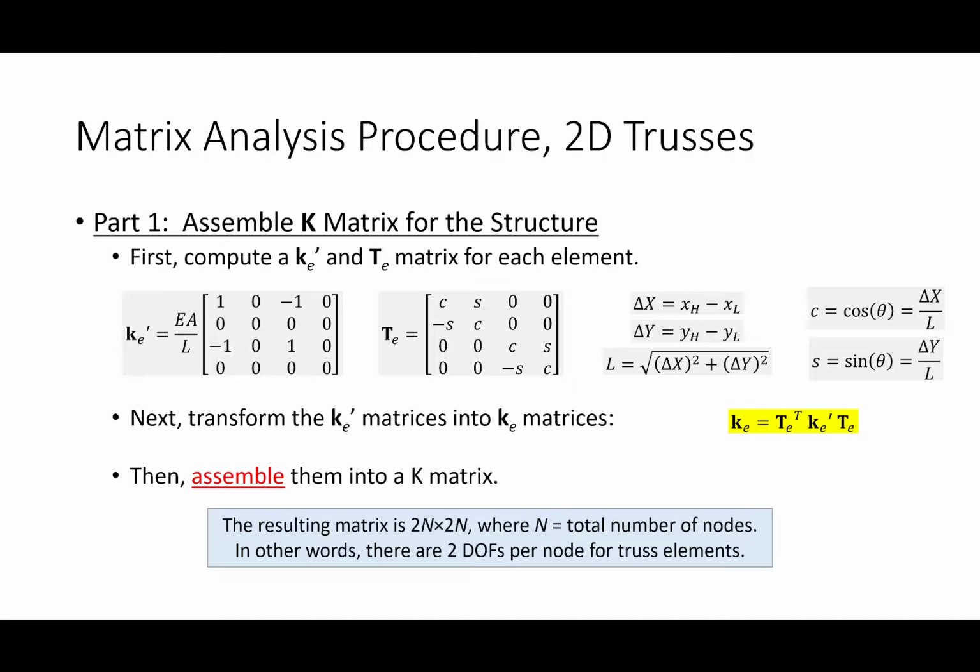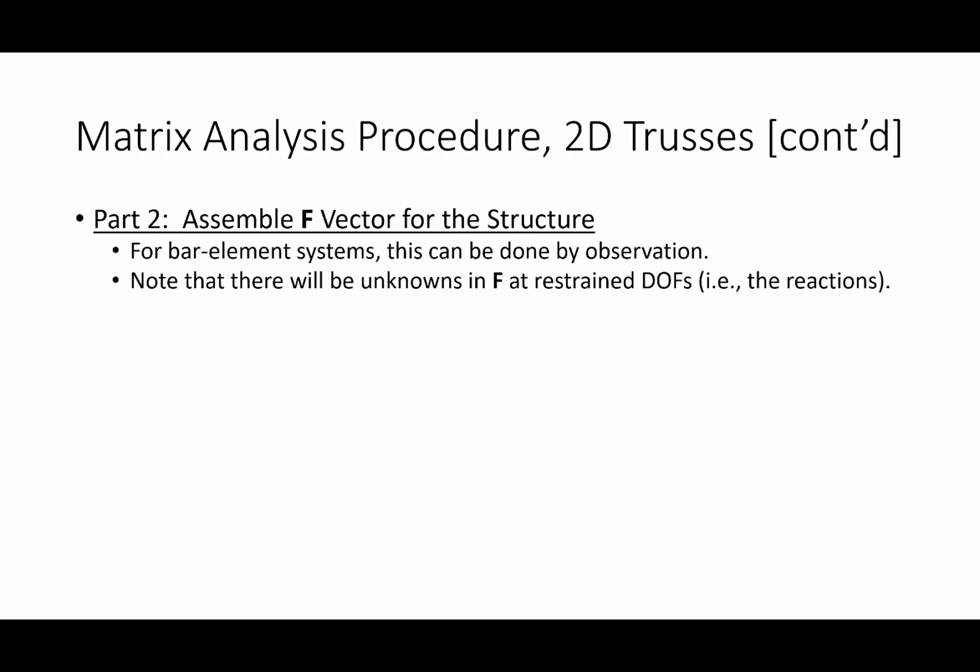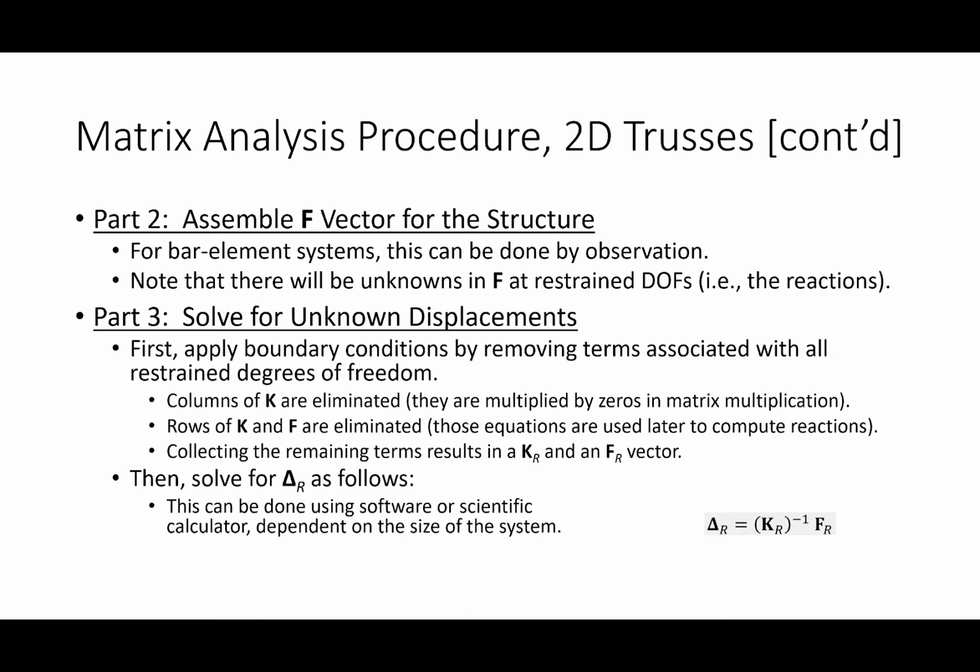and multiply them by 2, because each joint has 2 degrees of freedom. It can move in the x-axis, it can move in the y-axis. So the resulting K matrix for the system as a whole is 2n by 2n, okay? Once you do that, you can assemble the F vector for the structure, and again, for trusses, assembling the F vector is something that you can just look at the structure and get,